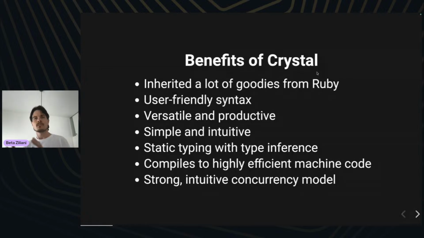So far, what I said is almost true for Ruby. What's the difference with Crystal? Crystal is statically typed, meaning that when you make a mistake in your code, the type checker will tell you before compiling and running your code. So that error will not show up in production. But that means you have to put in some types. However, it has a powerful type inference mechanism that infers a lot of the types, so you don't have to worry about them. They exist, they are there, but often you don't have to worry about them.